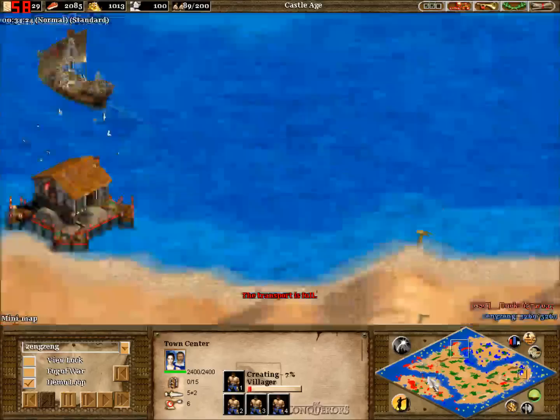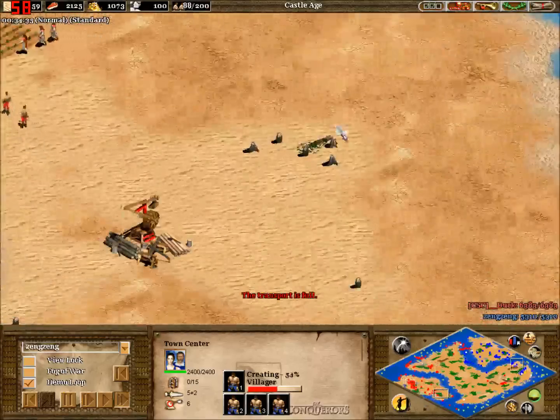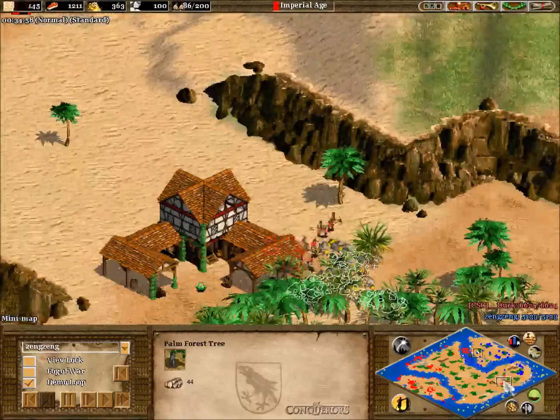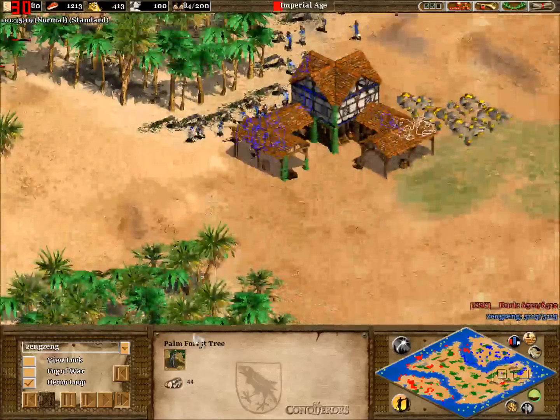Down over here as well, town center has been up, however there is still some shrubbery left on this island. This one over here just finishing up, 21 wood there. A few left over here, but not much. So as you can see here, these town centers are actually quite close, so chances are we will get